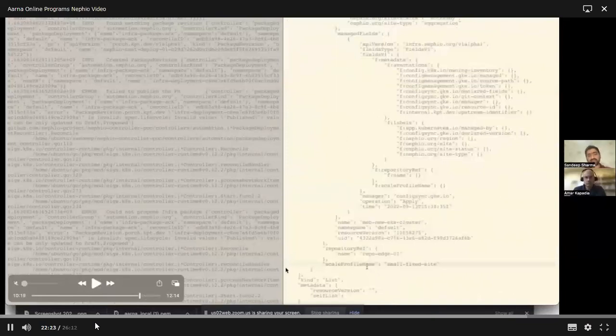This cluster profile says the scaling profile is small fixed size. This is what the controller will read, and based on this, the controller will mutate the caching DNS package and configure the scaling profile in the package.